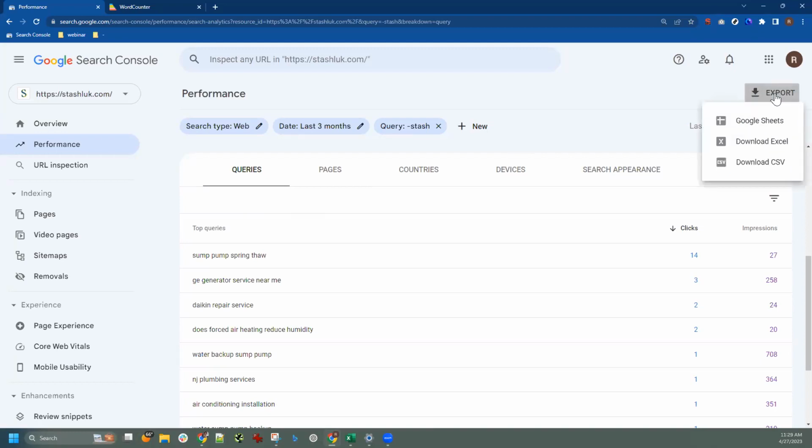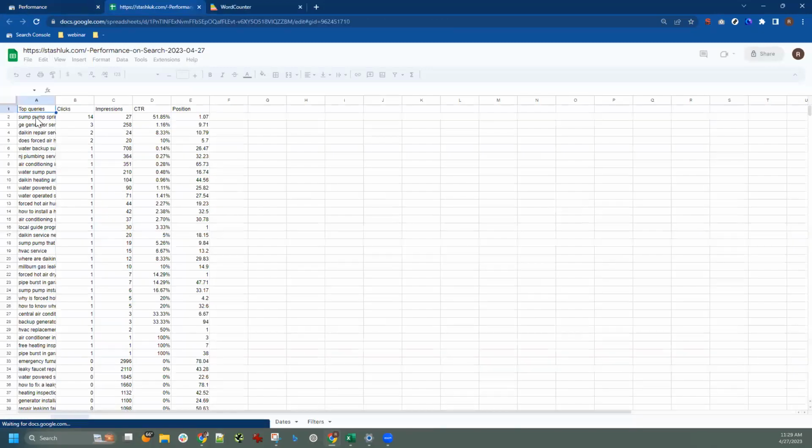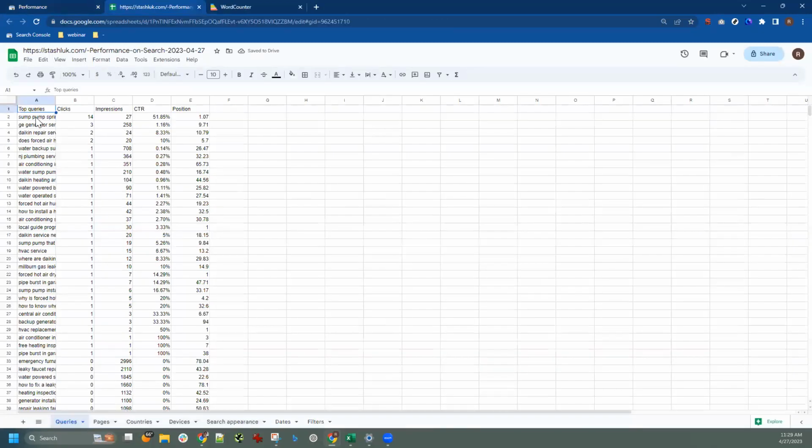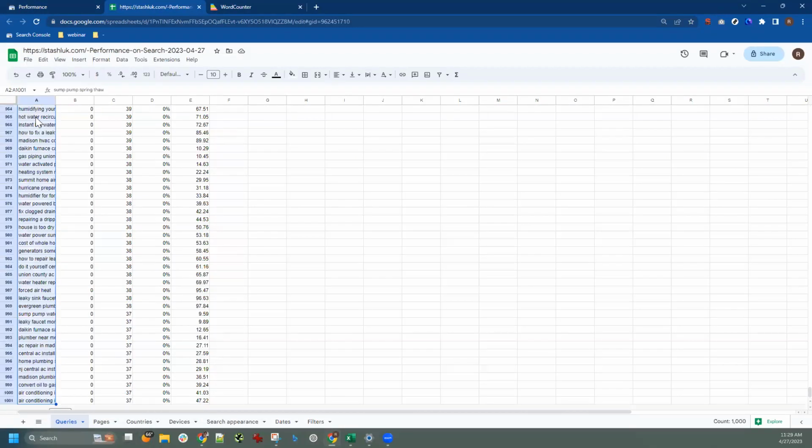So if you click on export, we have options. We can download to Google Sheets, Excel, or a CSV. I'm going to just use Google Sheets to keep it easy and to keep it all in this browser window. And here they are. It's the same metrics that we saw earlier, just in a spreadsheet format. I'm going to highlight all of those, copy them,